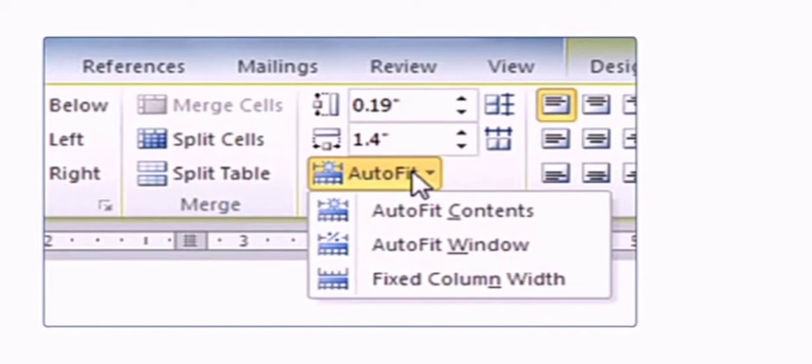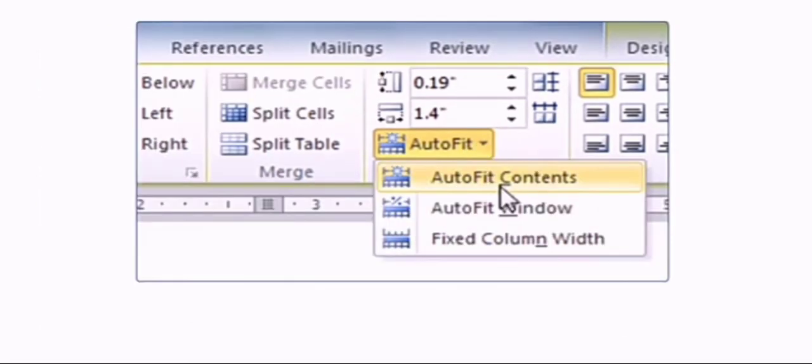You can set the table width based on window size or convert it back to use fixed column width. Click on the AutoFit button in the Cell Size group on the Layout tab. The AutoFit menu displays three options: AutoFit Contents, AutoFit Window and Fixed Column Width. In AutoFit Contents, it adjusts the column width according to the data entered.